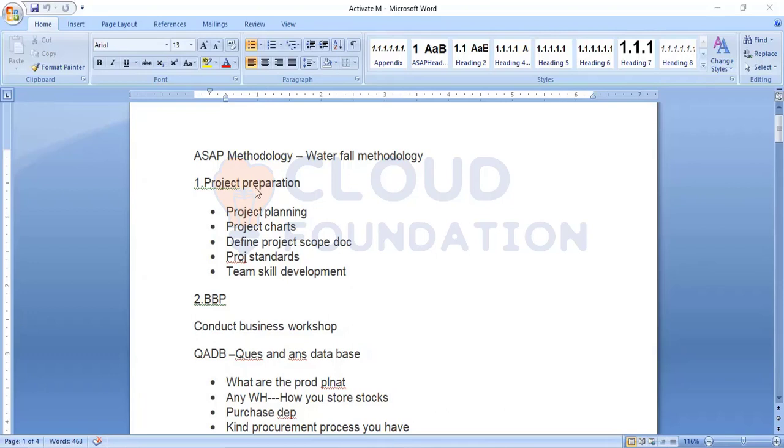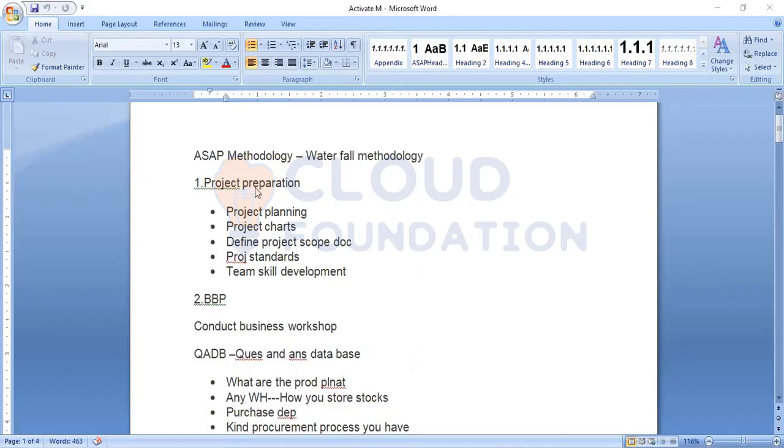In the project preparation phase, what do we generally do? Here we handle project planning: what deliverables we are going to handle in this project, and the timelines.